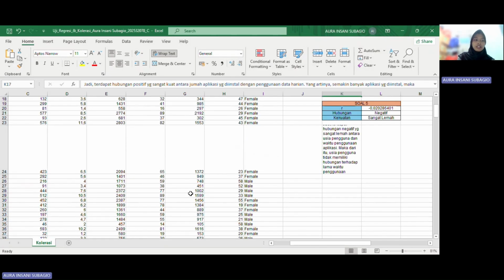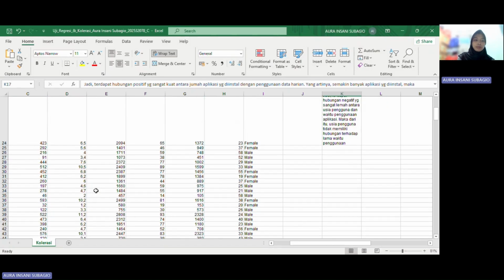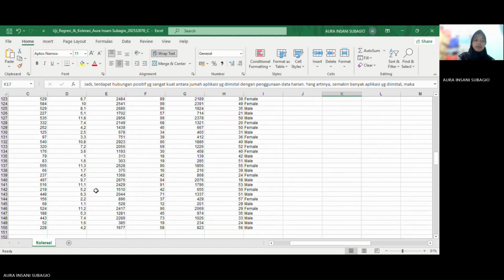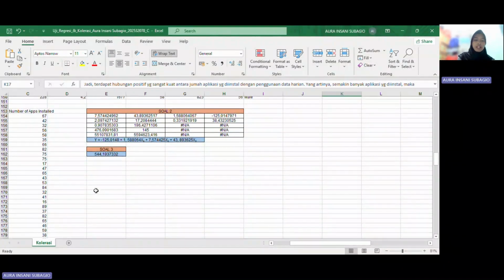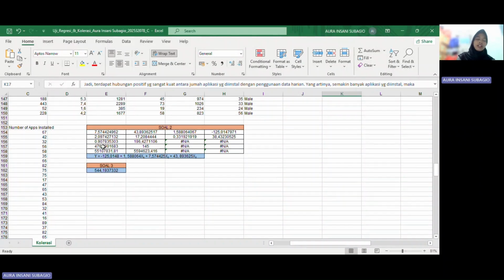And then this is the answer of number 1, number 2, and number 3. I'll show you the output in SPSS.